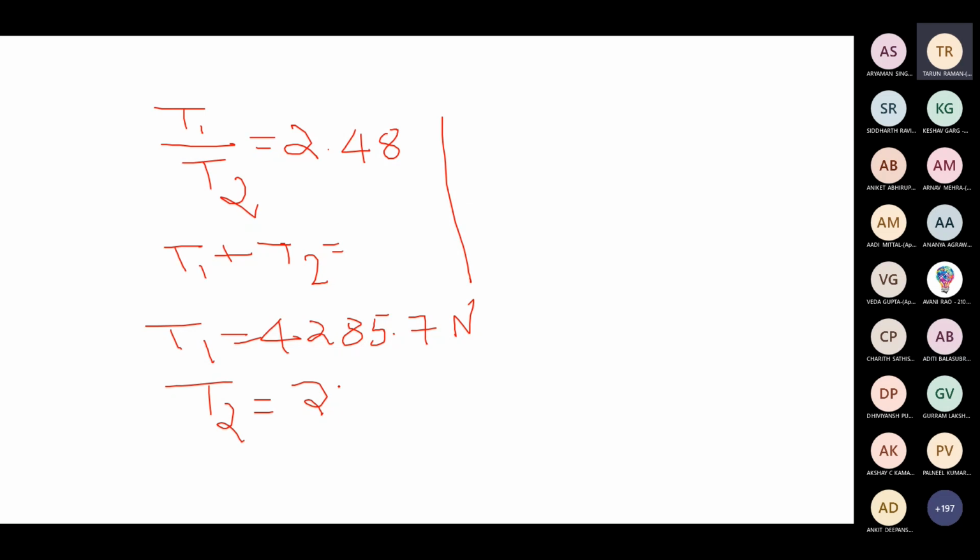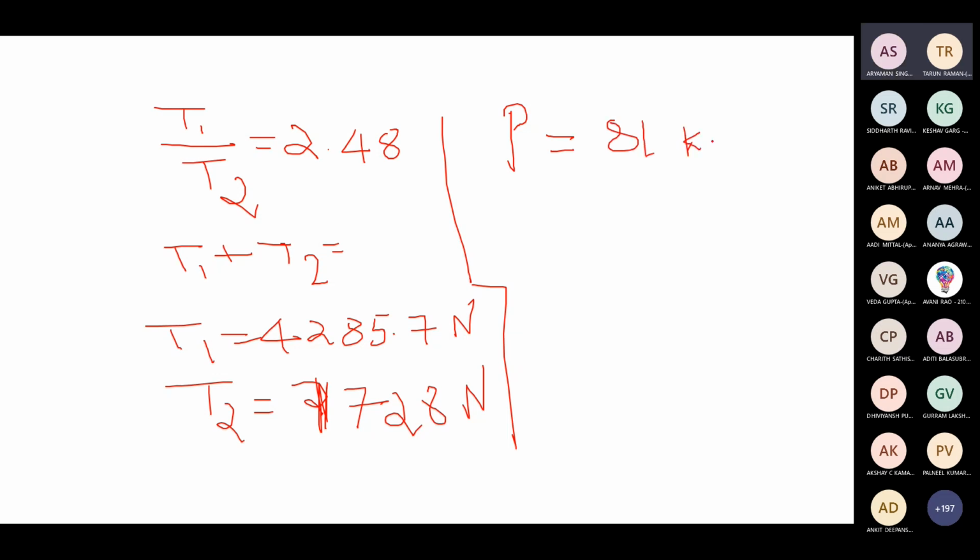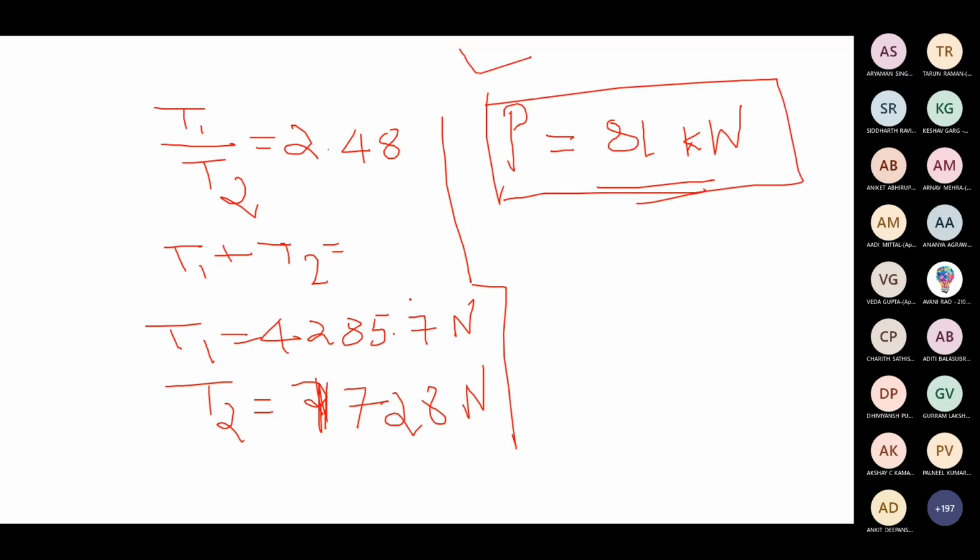Yes, sir. No, but I directly did T1 minus T2, sir. Yeah, fine. Do that and tell me T2, how much. And tell me the value of power. 1724.1. Sir, 1728.1. 1728 newtons. How much is power? Power is 80.78 kilowatts. 80.4. Okay. Decimal places, it's fine. We don't have so much power. Right, this is the answer.